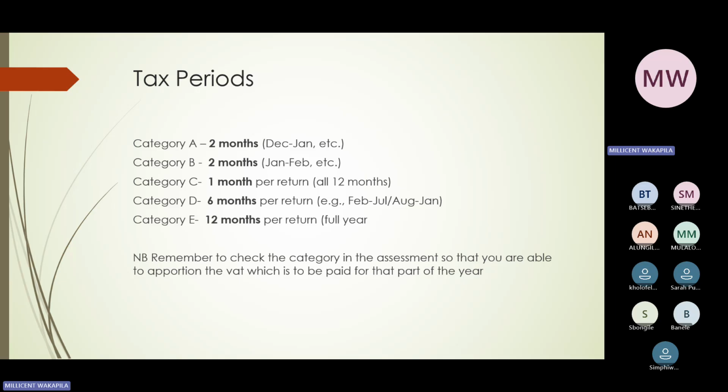You really don't have to know when and how they end, because I've never seen any question that asks you that, right? What you have to know is that a category A has 2 months, a category B has 2 months, a category C has 1 month, a category D has 6 months, a category E has 12 months. This you have to know off by heart. Why am I saying this? In your tests and exams, they will tell you that